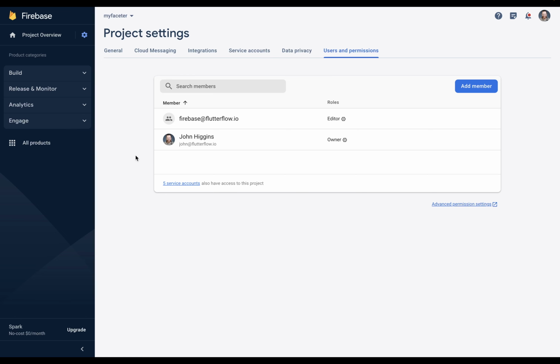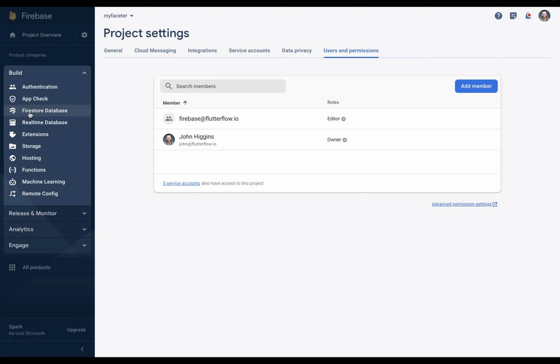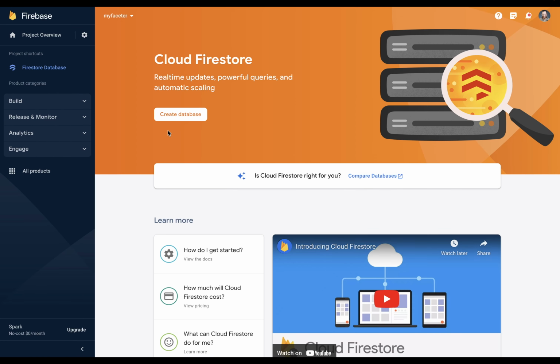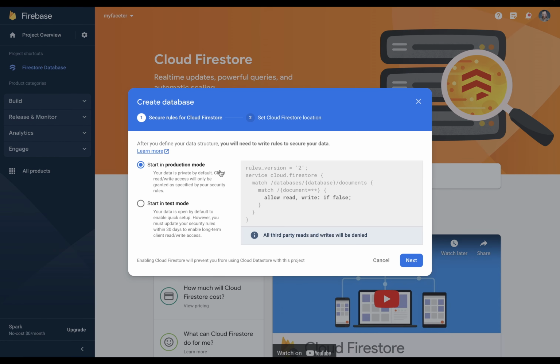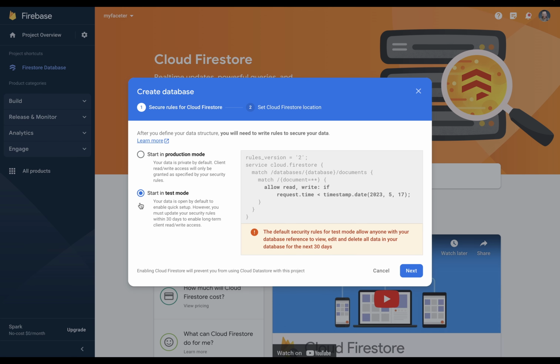Next, we want to actually set up the database. So we can come under this build and go to Firestore database and just create a database. While you're building your app, you want to start it in test mode. And when you're ready to launch your app, you want to come back here and set it to production mode. This will just mean your permissions for writing the database will be more open, but it'll also put a timestamp on access to this database. So after 30 days, the permissions will be revoked. This is just an easy way to get started building real quickly without going into detail about who can write